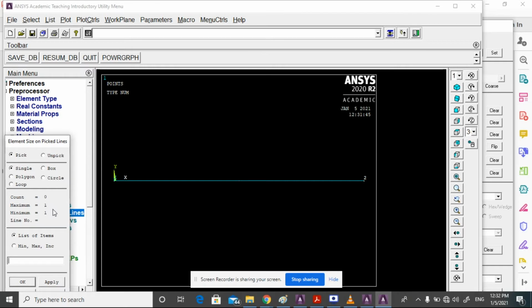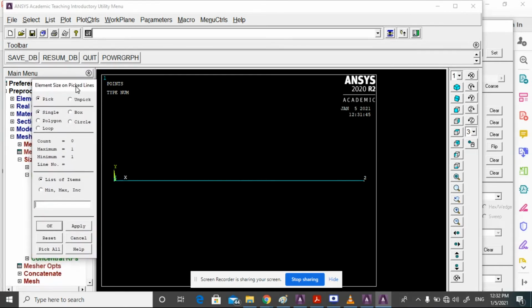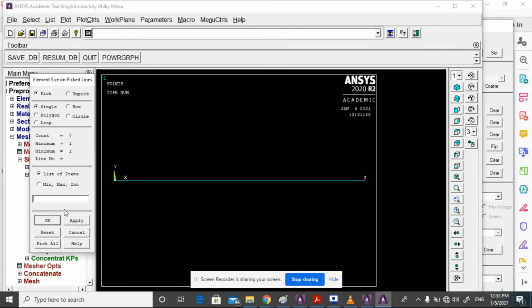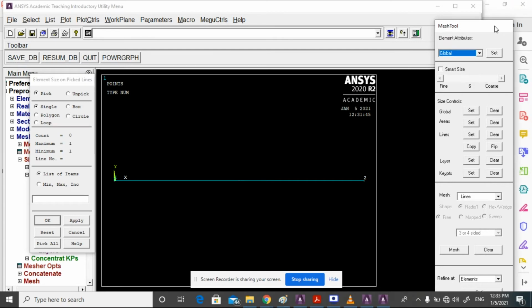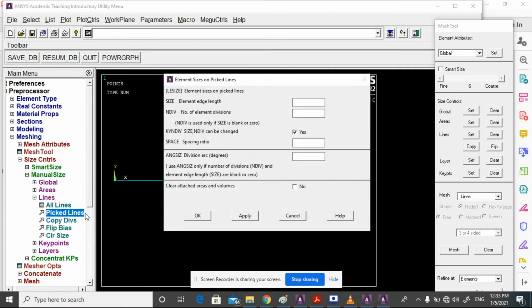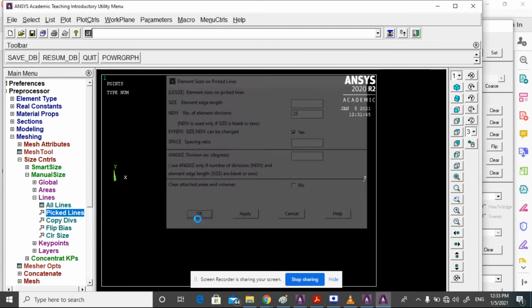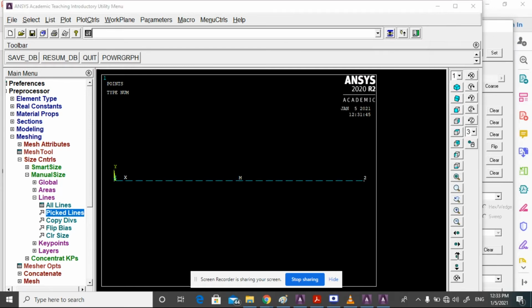Enter the value of the number of element divisions. Then okay.